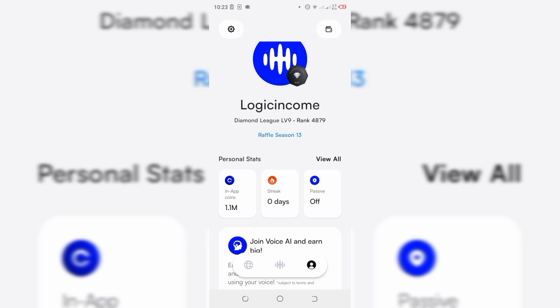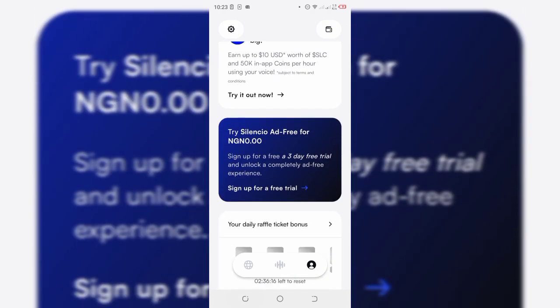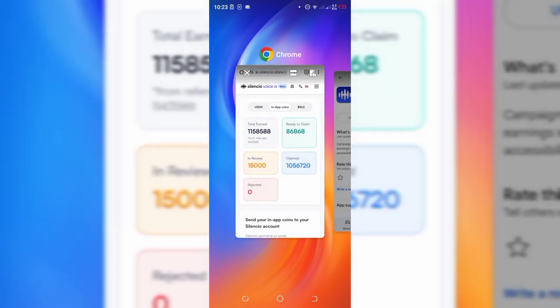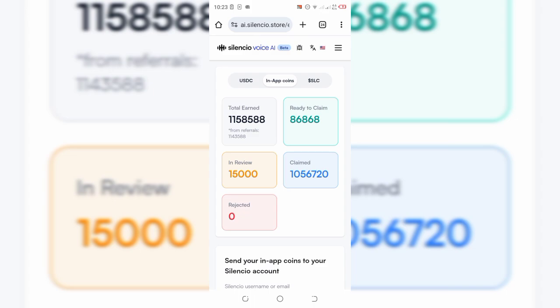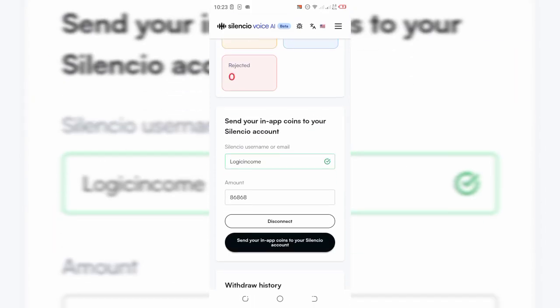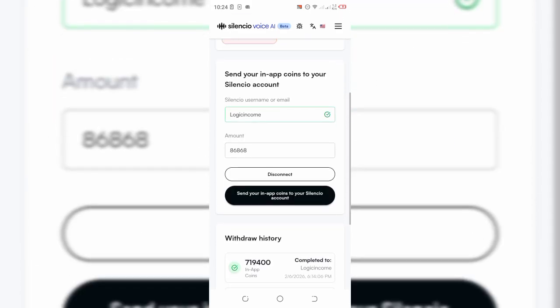You're going to create a username when you sign up on the Silencio app. So you simply want to copy the username and head straight to your browser, to Silencio.store. Now when you are on Silencio.store, you simply want to scroll down a little bit and enter your username right here. When you've done that, you'll be able to withdraw your money entirely from Silencio.store to your